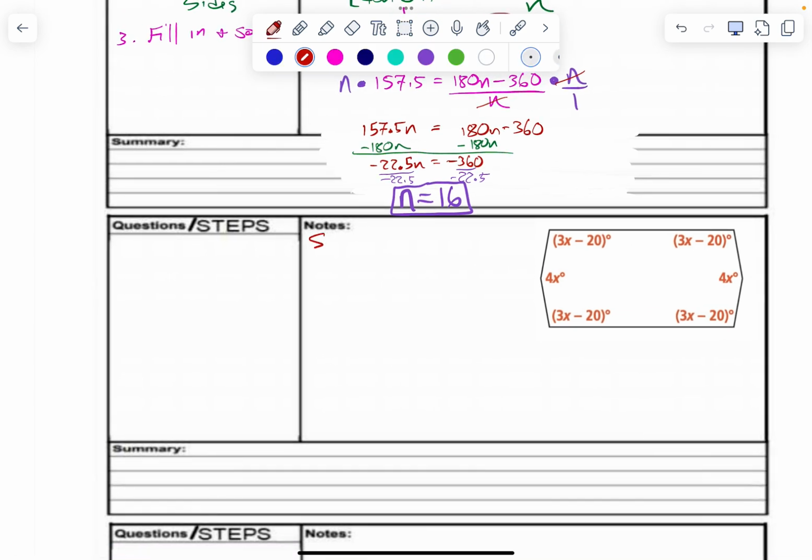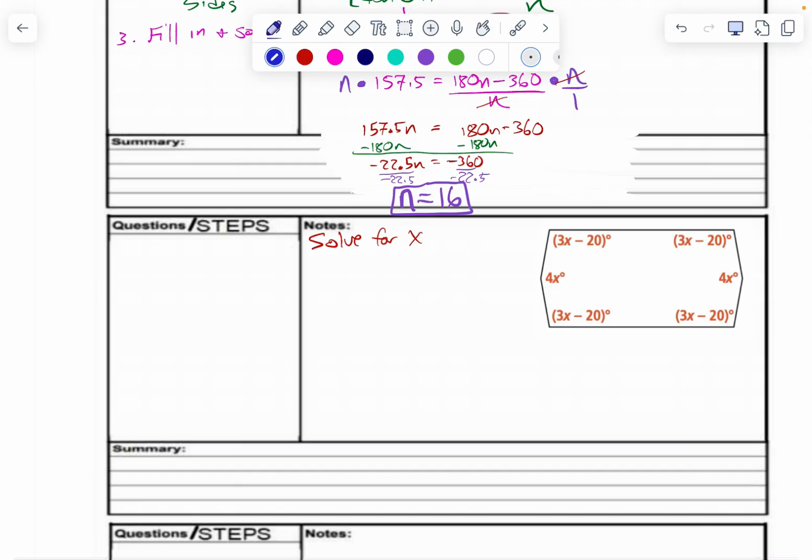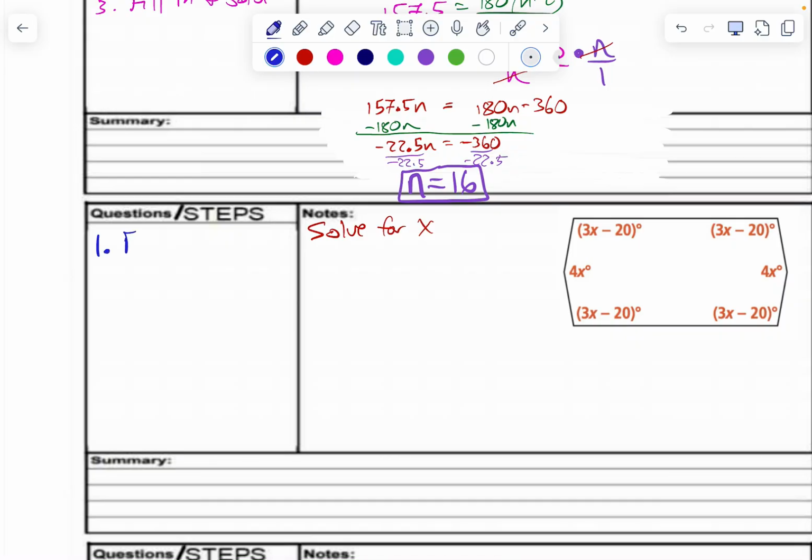So the directions will just say solve for x. I'll give you a second to write that in. First thing I want you to do on these is find the total. So step 1, find the total angle measure, based on the side lengths, based on sides. Okay, so this one